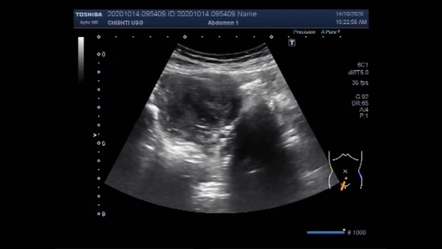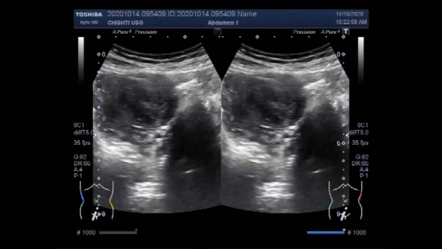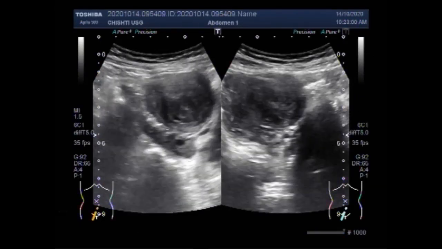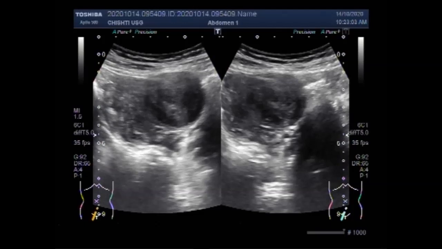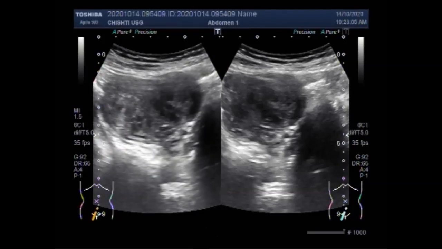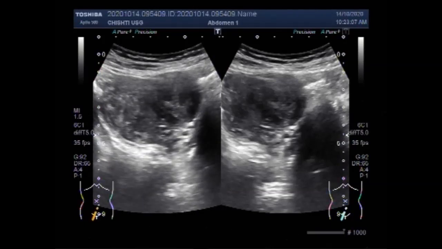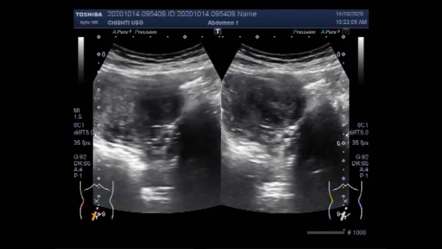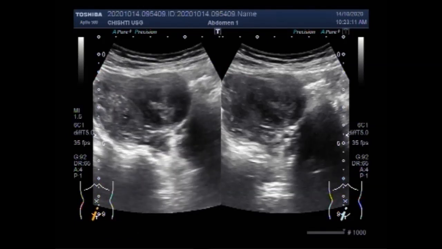Now, fibroids are abnormal growths that develop in or on the uterus. These tumors may become quite large and cause severe abdominal pain and heavy periods. In some cases, they cause no signs or symptoms at all. These fibroids are typically benign or non-cancerous.